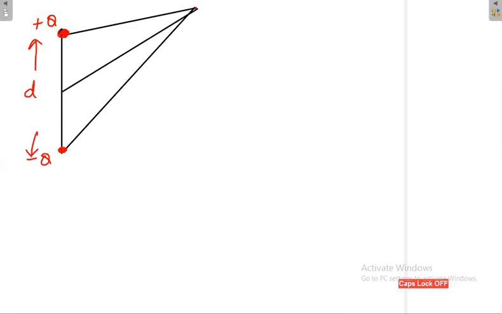Now I am choosing some random point in space, and its coordinates are r, theta, phi. I am taking spherical coordinates. The distance of the point from the origin of the coordinate system is simply r, from the positive charge q it is r1, and from the negative charge it is r2. And this is the angle theta, the angle of that point from the axis.